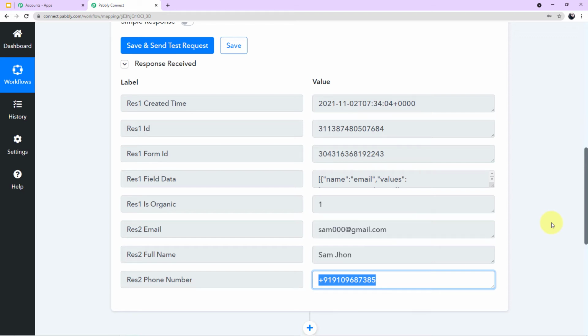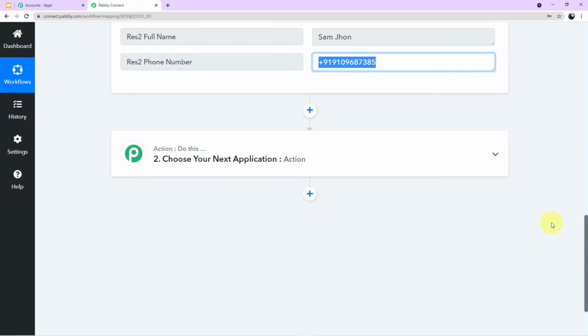Now we'll jump to our next and final step, where we'll be integrating 360 dialog to send messages to our customer on WhatsApp. Guys, why are we integrating 360 dialog here instead of WhatsApp? Because WhatsApp does not allow you to send messages directly. For that, you have to use another software, which is the official API of WhatsApp, that is 360 dialog.